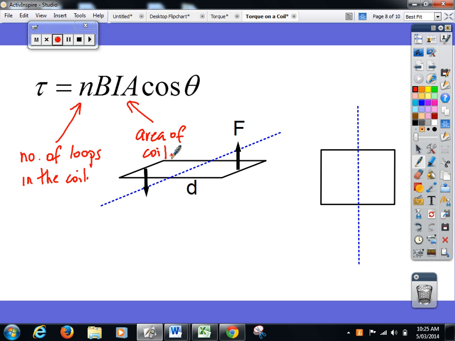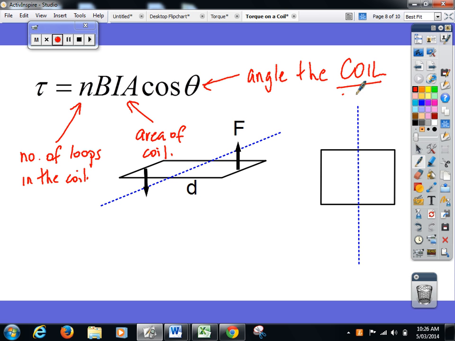No, you don't, because for every one loop there are two torques. So it automatically divides by 2 again. Okay? So you're halving the same. So if you get 4, that's 2 loops. So you're doubling at the same time as then halving. Okay? So the area of the coil, theta is the angle the coil makes